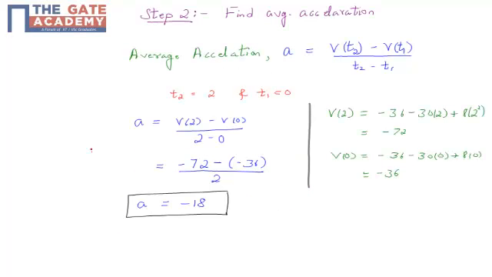Now we will move to step 2, that is finding the average acceleration. My average acceleration a would be equal to (v(t2) - v(t1)) divided by (t2 - t1), where t2 = 2 and t1 = 0. So my equation for a would be (v(2) - v(0)) divided by (2 - 0). Now first of all we will compute v(2), substituting